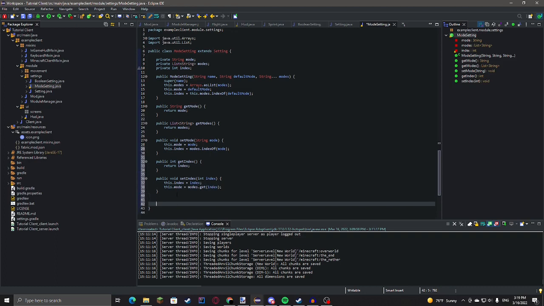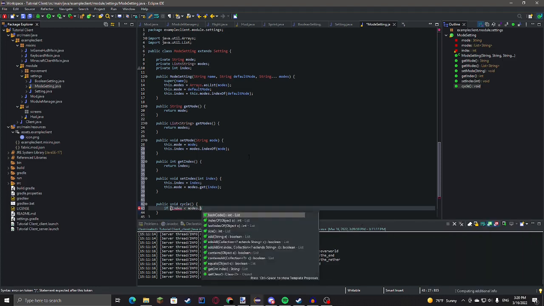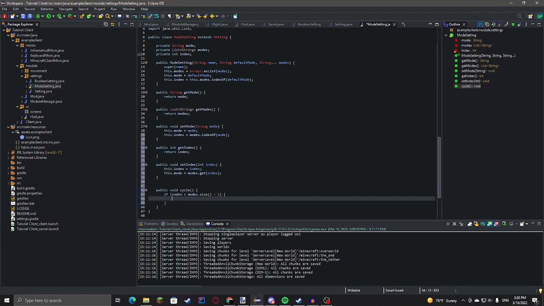And now we're going to make public void cycle to just cycle through all of the modes. This would be for the Click GUI. So if index is greater than modes dot size minus 1, because Java starts at 0 and this will just give us the actual size.